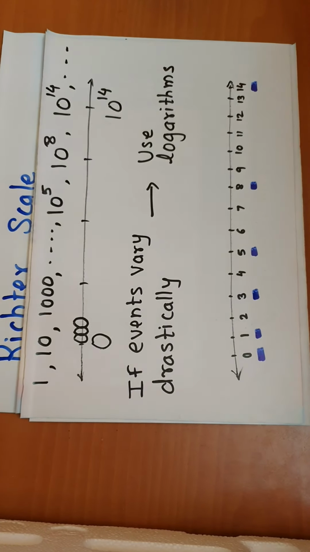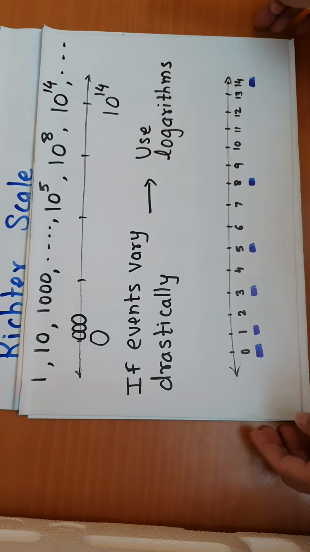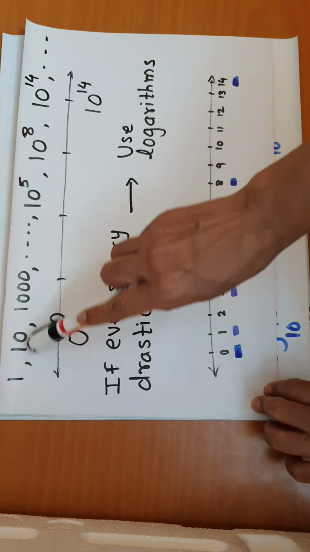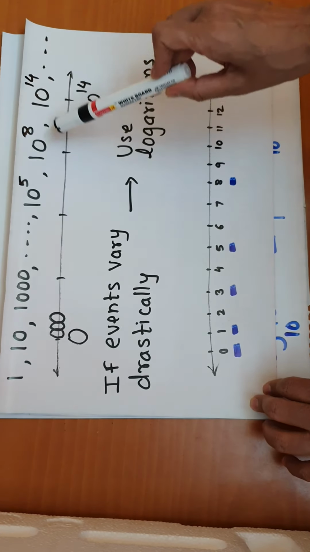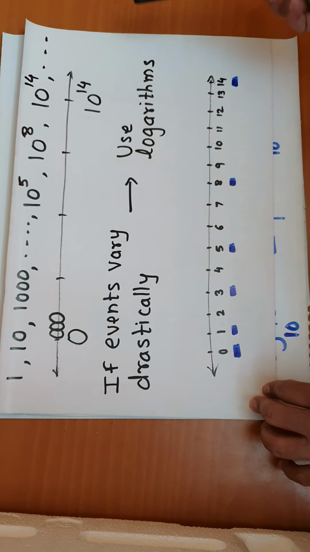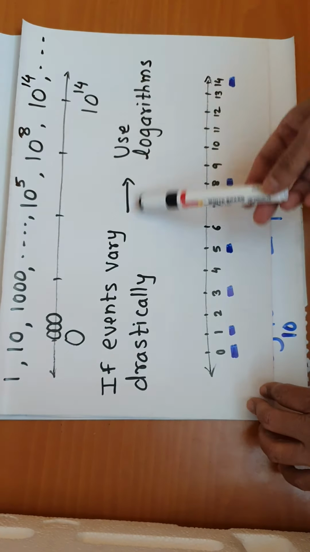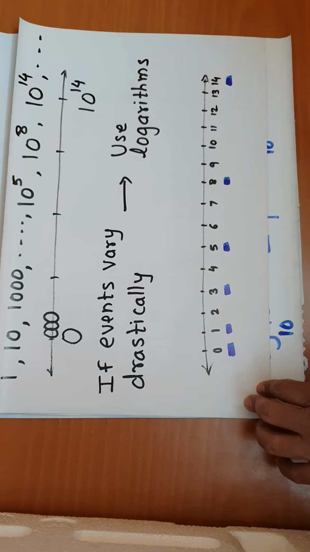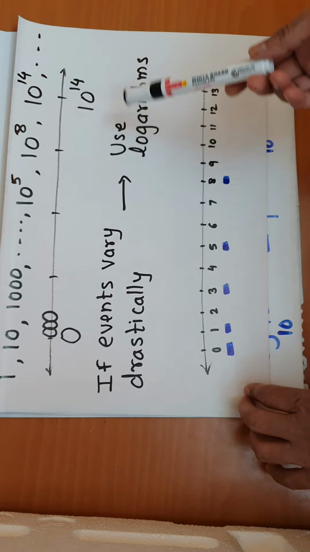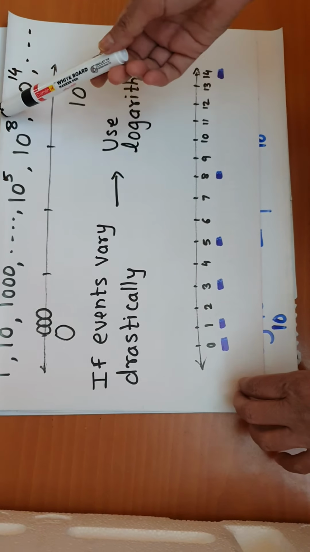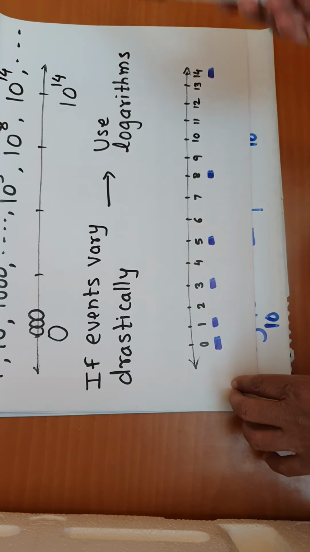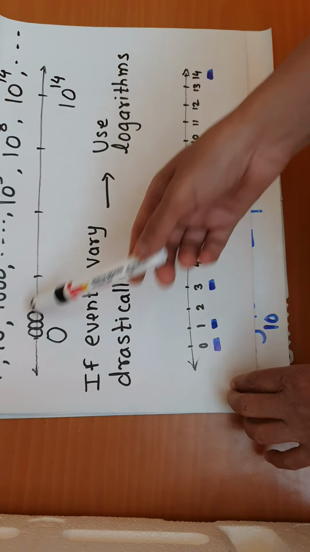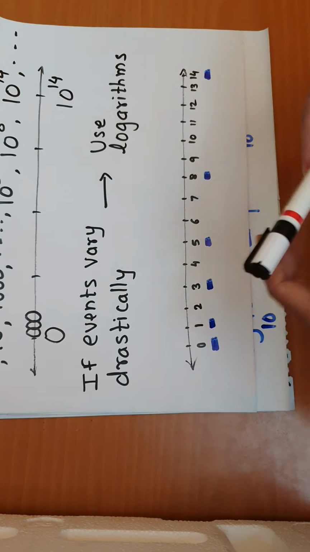So let's begin with a few numbers which you come across in daily life. Here I have written a list of numbers: 1, 10, 1000, 10 raised to 5, 10 raised to 8, 10 raised to 14 and so on. 1 and 10 are common numbers, and can be the marks of students. 1000 can be some medicine bill. 10 raised to 5 can be someone's salary. 10 raised to 8 is the approximate distance of the earth from the sun. 10 raised to 14 is the approximate number of cells in the human body. So we come across all these types of numbers in real life.